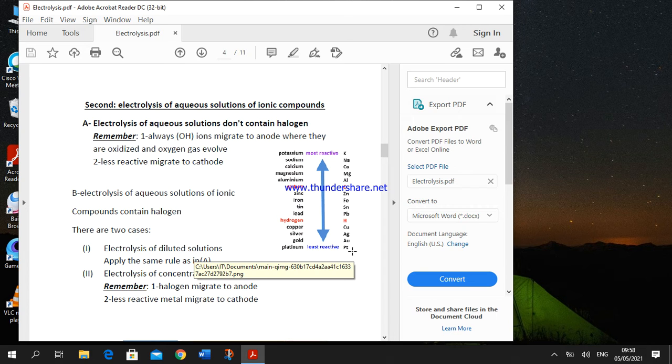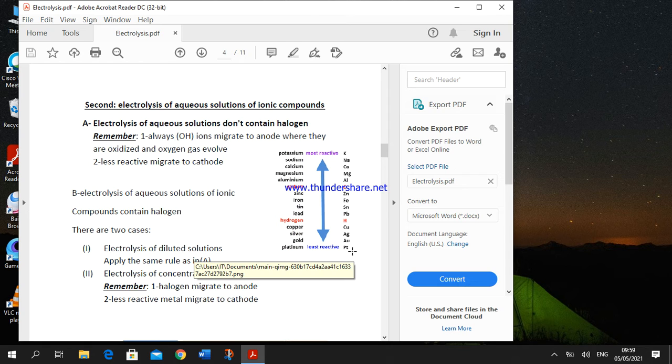If the metal produced during electrolysis is less active than hydrogen, it will be discharged at the cathode. But if the metal is more active than hydrogen, the hydrogen in this case will be discharged instead of the metal positive ions. At the anode, which as we know is the positive electrode during electrolysis,